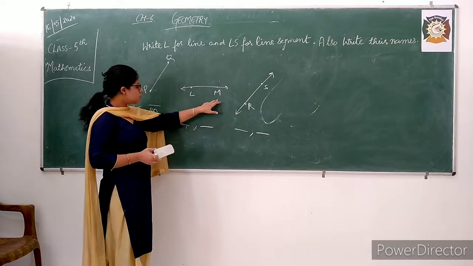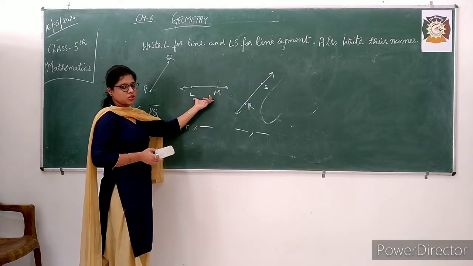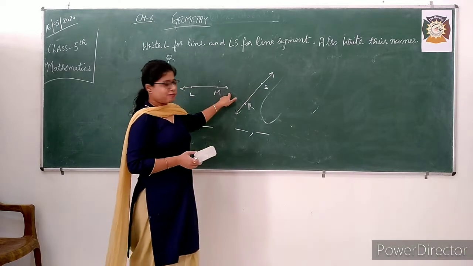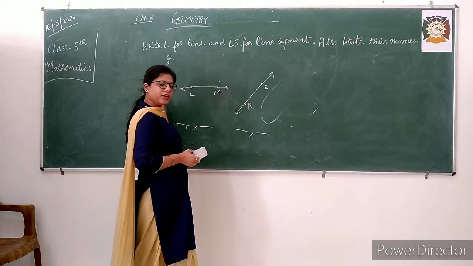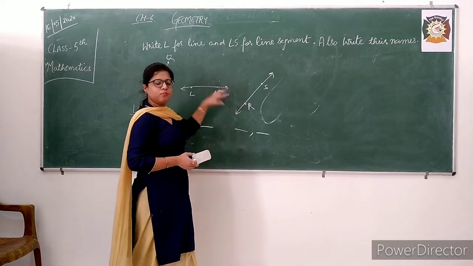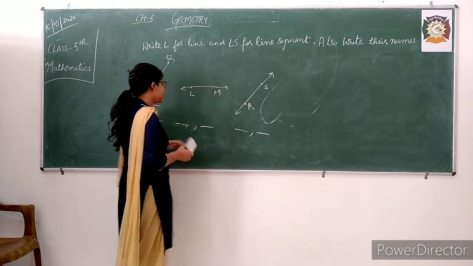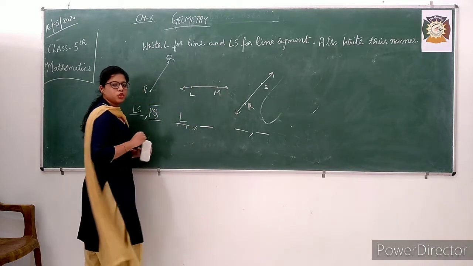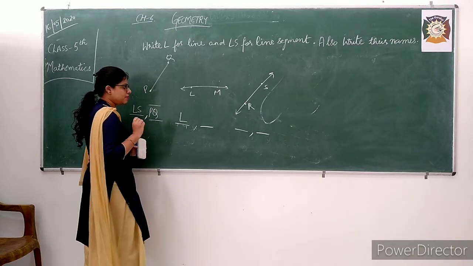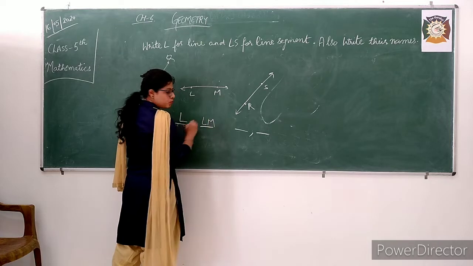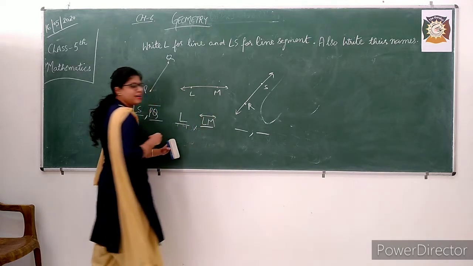Moving to the next diagram, you get LM, a line, but the length is not fixed because you are getting two arrows with it. Therefore, they do not end here, they are moving away from it in both directions. Therefore, the length of LM is not fixed. Hence, it is a line, not a line segment. Must remember. Also, write the name. The name of the line is LM with the arrow at the top.